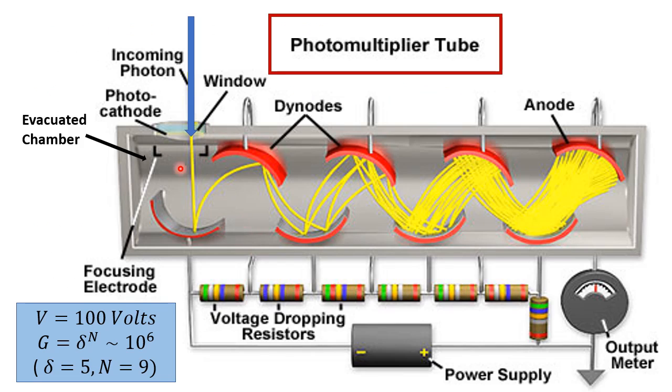So here is a schematic of a photomultiplier tube. You have the incoming photon, which needs to have sufficient photon energy itself so as to overcome the work function associated with that material, which is a photocathode material. So there is a window behind which there is a photocathode material, and when the light impinges on it, it